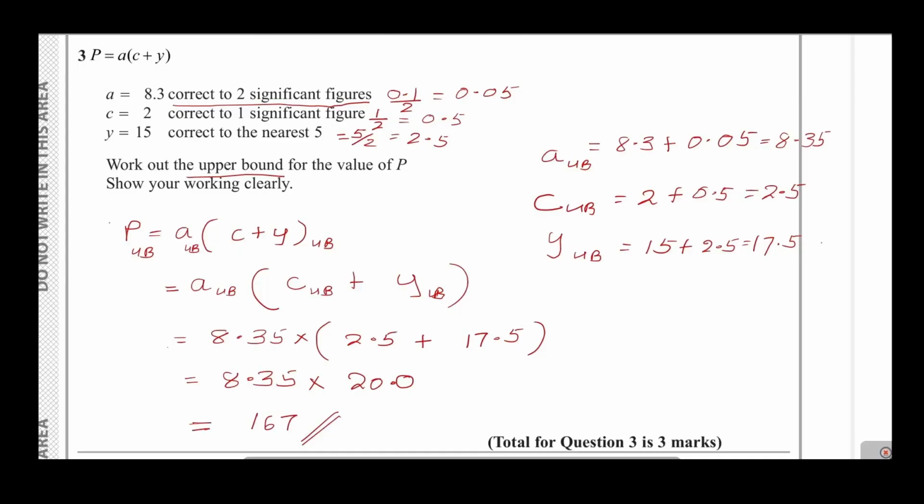So you are getting marks. If you get 8.35, 2.5, 17.5, you get 1 mark. After that, for application of this, you get 1 mark. So basically, 1 unconditional accuracy mark here, and here you get a method mark. And here you get the answer mark. That's how we are